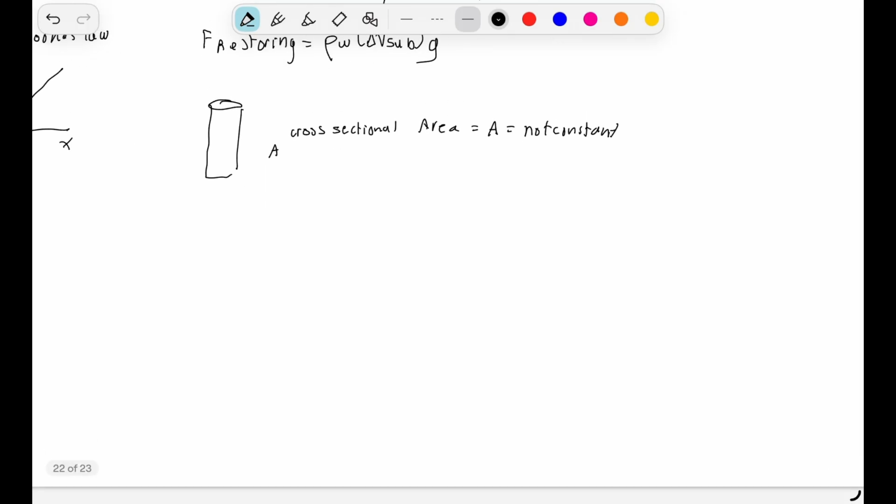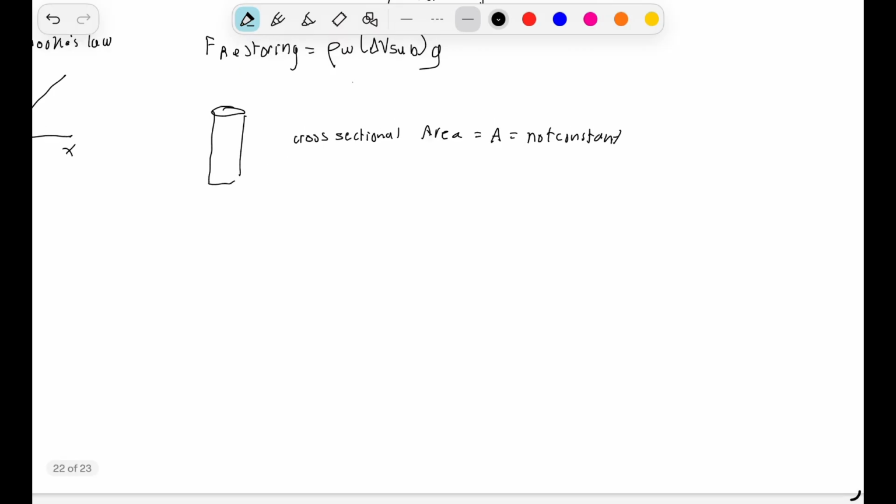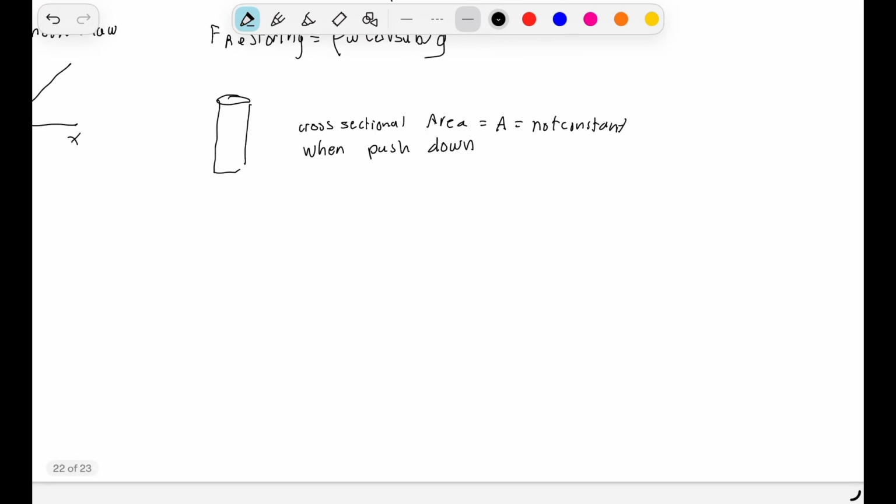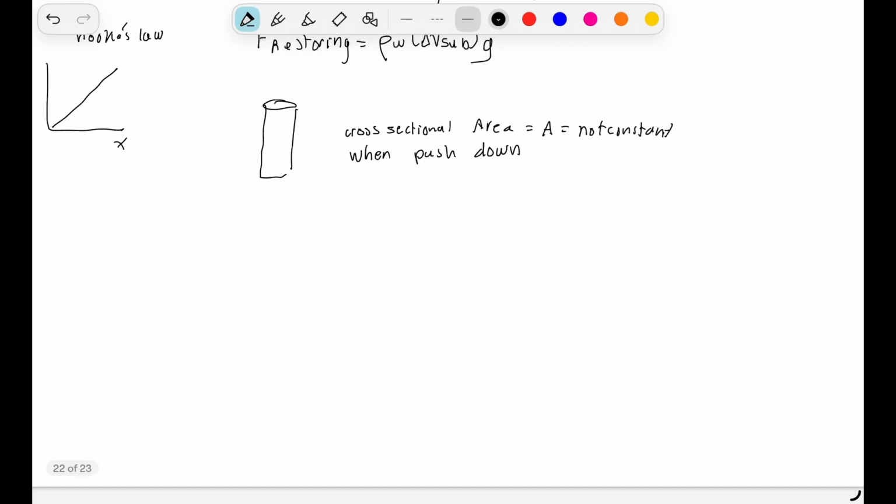So because it's not constant, when you push it down, it's going to change. When you push it down, the area changes, and then you get extra FB each centimeter. So that means that your relationship is actually going to be curved like this when you have your